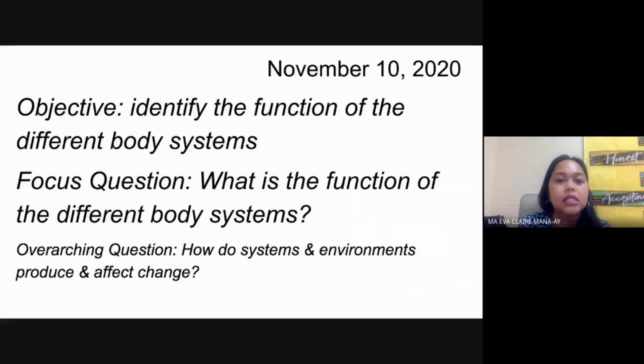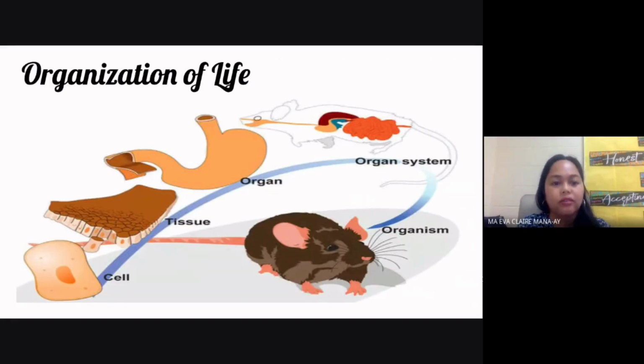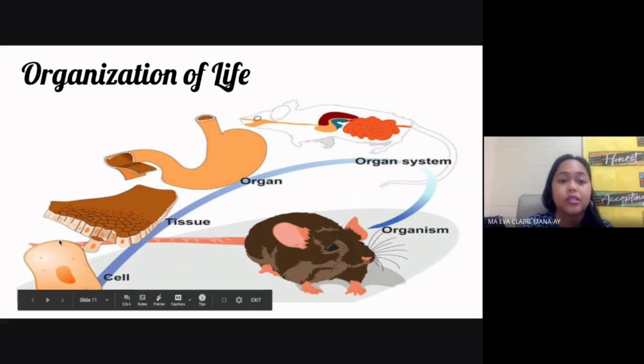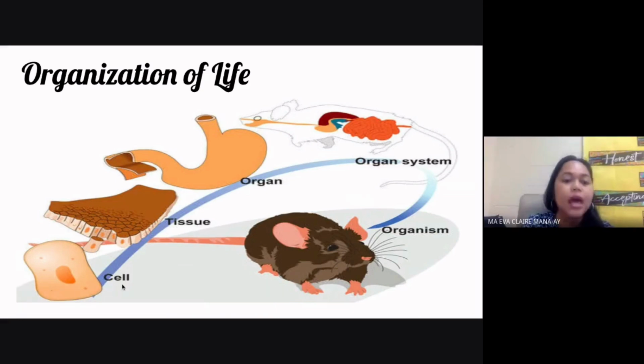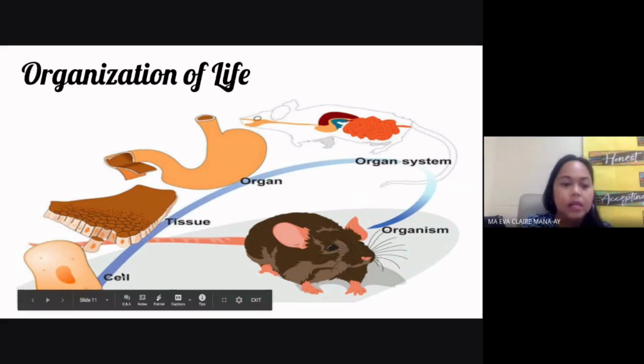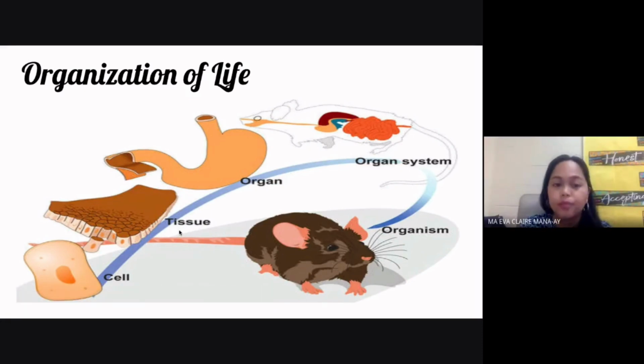Okay, now today we start with the organization of life. I also talked about this partly yesterday. We said all living organisms always start with a cell, okay? A cell is a basic unit of structure and function of life. Everybody starts with a cell. There are trillions of cells inside an organism's body. Now, as I've mentioned, if you have a group of cells having the same structure and performing the same function, then you'd call that your tissue. If you have a group of tissues having the same structure and performing the same function, then you'd call that